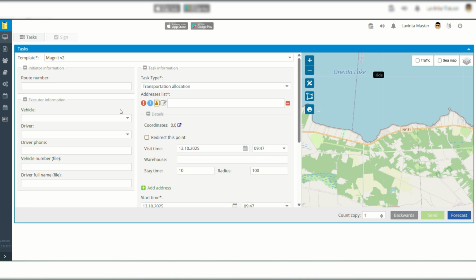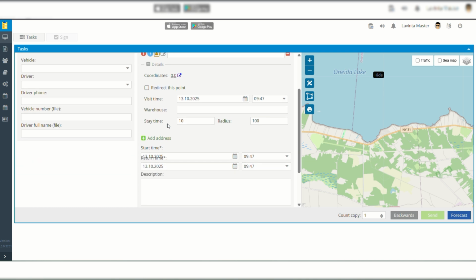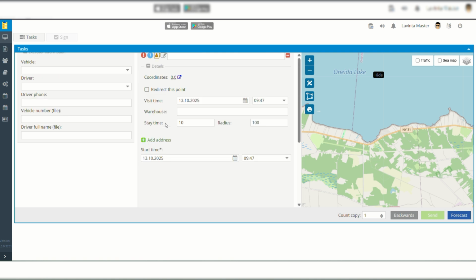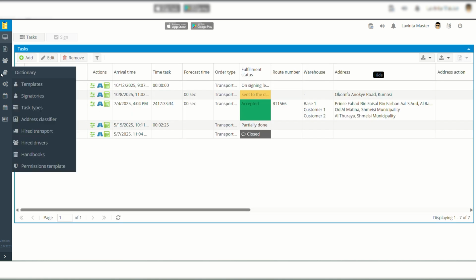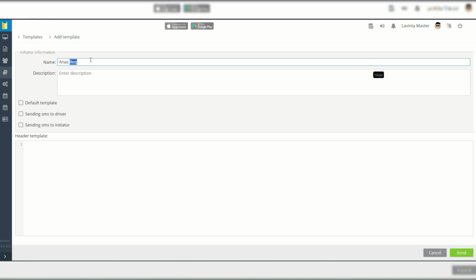It's like a form or a request form that is set according to the needs or the requirement of what you would like to do. So I have the initiator information, I have coordinates, I have task types, I have address, and so on. So I will go to the dictionary menu and select templates here, and I would like to add my own templates by naming it